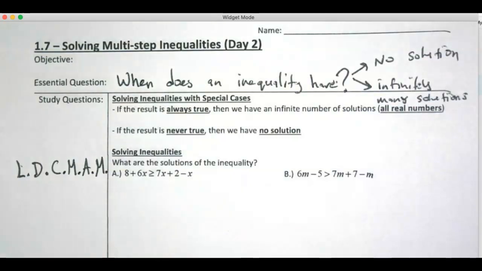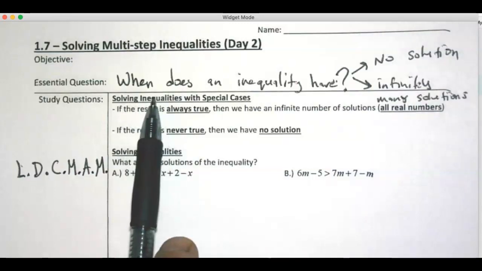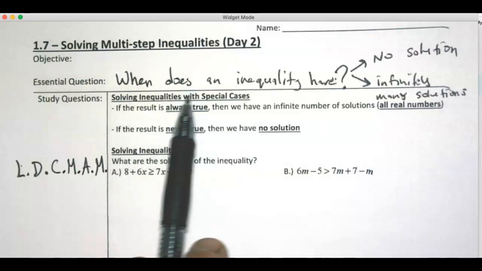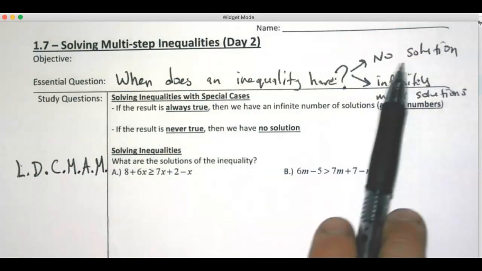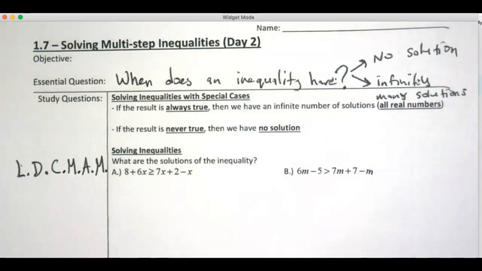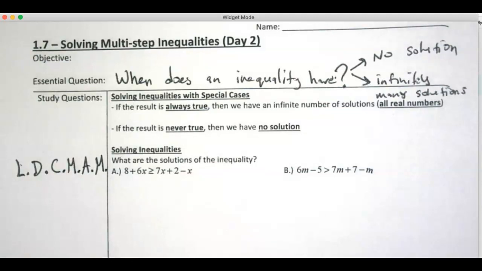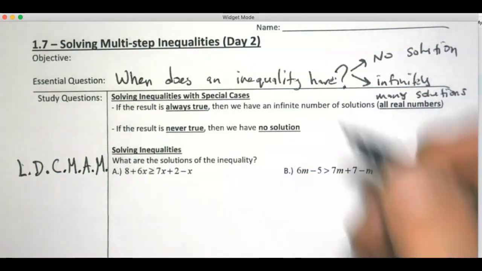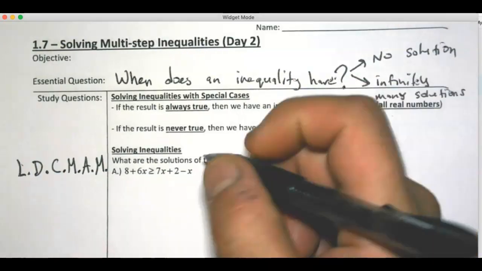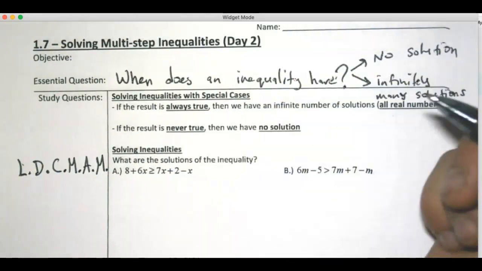So we're just picking up right where we left off, solving inequalities, as you can see from the top here. Just giving you a heads up, these notes are about when we have special cases, right? No solution or infinitely many solutions, very similar to equations. But we're now on inequalities, still using the same LDCMAM. The only difference is if I multiply or divide by a negative number, then I have to flip that